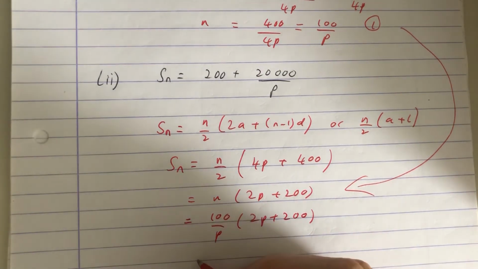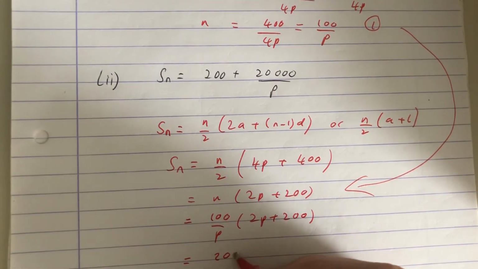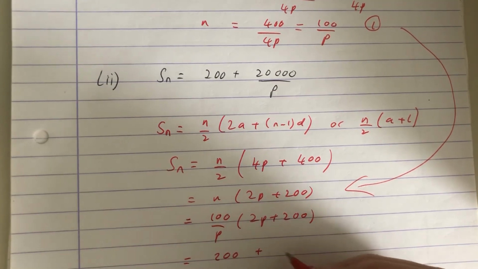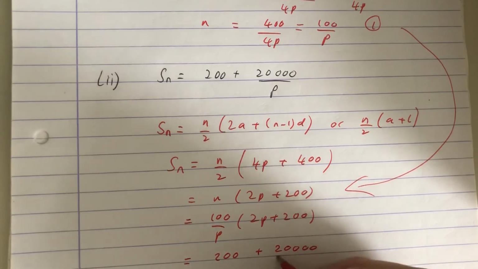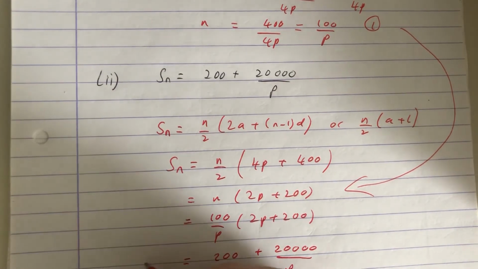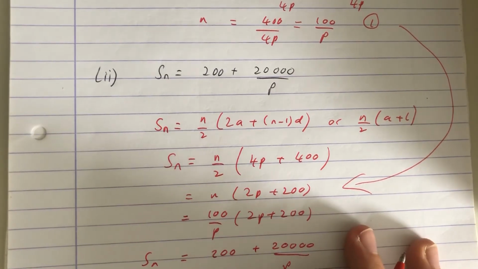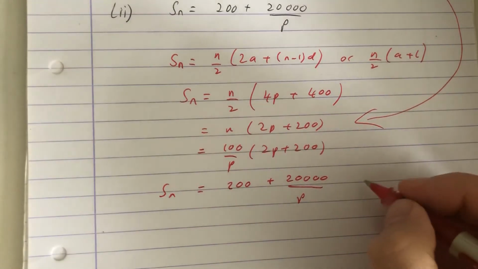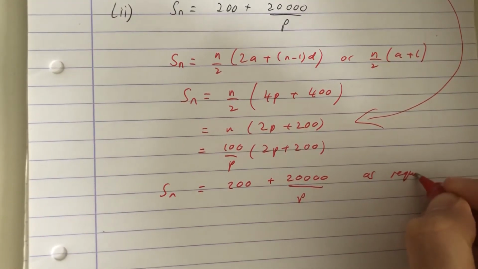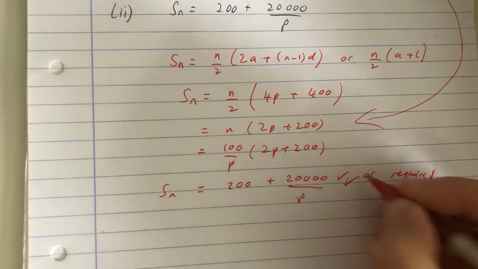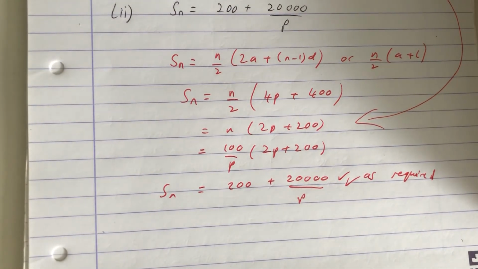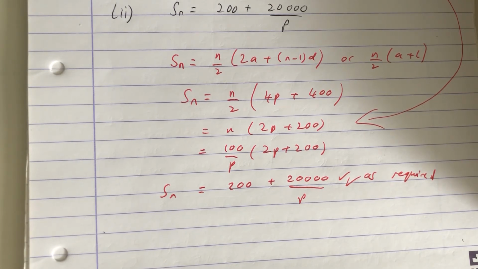If you expand the brackets, you'd get 200, p over p disappears, and 20,000 over p, as required. So it was a show that, so that matches up with the show that. You could have got it from the other sum, but the algebra probably would have been a lot more complicated. Part B